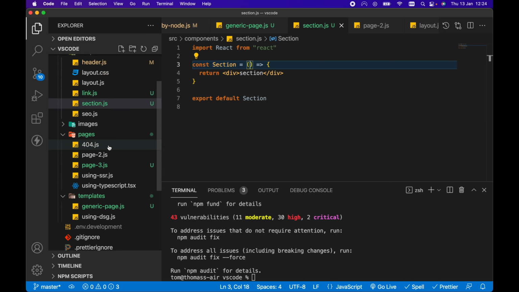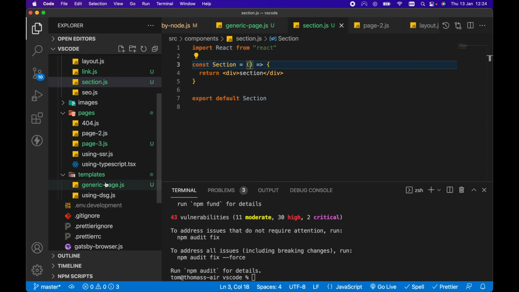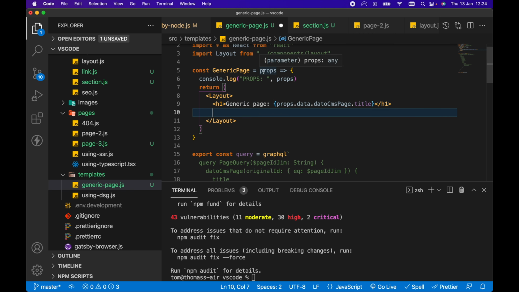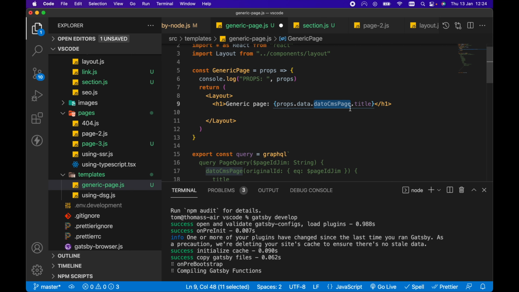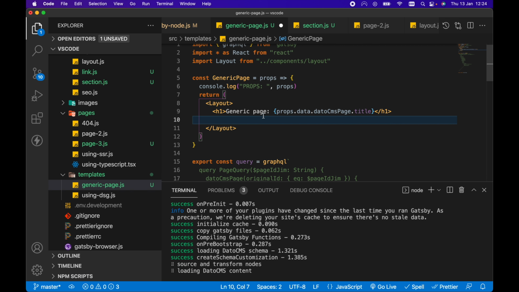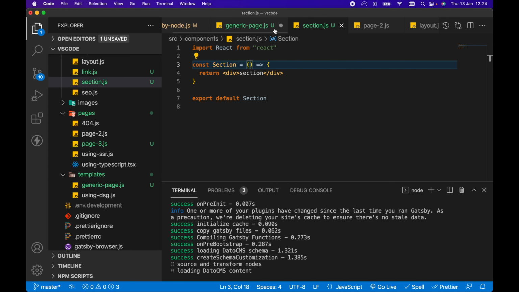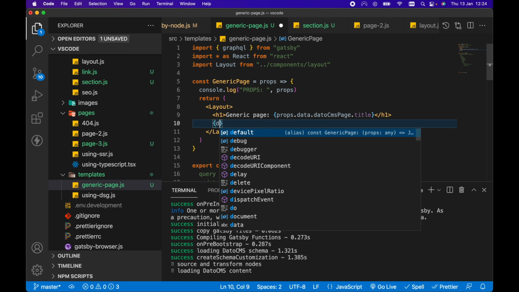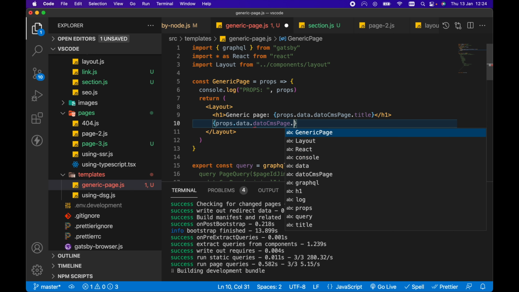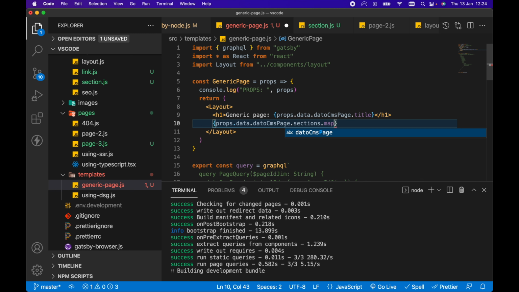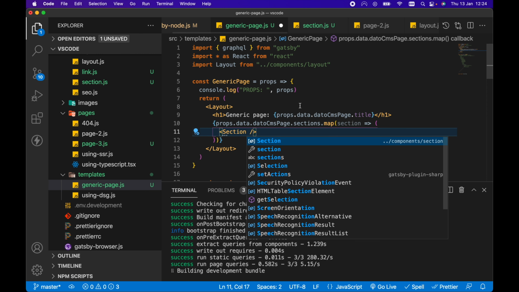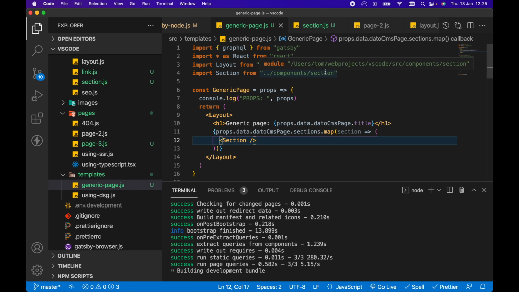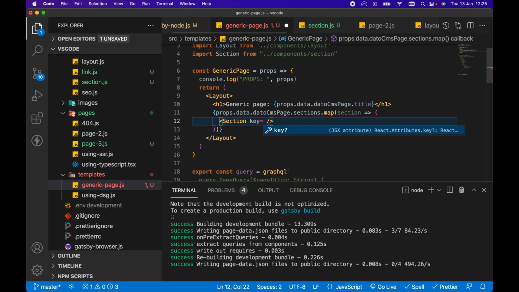So first of all, within our pages, our template generic page, on this props we have access to, if we rerun Gatsby develop, on this props we have access to props.data.datocms page.sections. So let's loop over those sections and return or render a section component. So let's go props.data.datocms page.sections.map. So for each section, we're going to render that section component, which means we need to import that section component then from components/section. And the key for each section will be